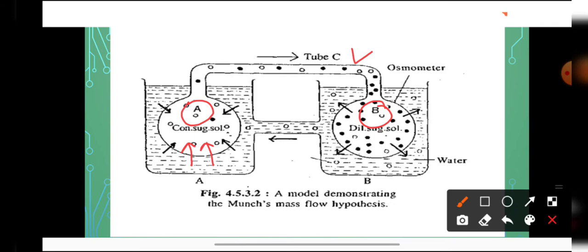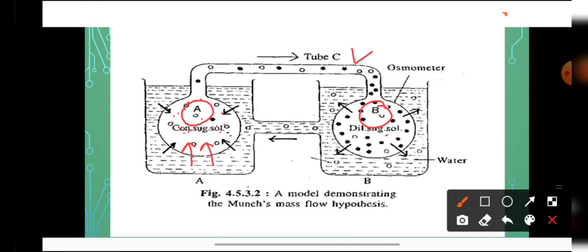Because there is an increase in the osmotic concentration within osmometer A, naturally water will enter by the process of osmosis, and there will be an increase in the turgor pressure within osmometer A. Now in case of osmometer B, there is a low concentration of solute. So here also the water will enter, but the turgor pressure will be low as compared to osmometer